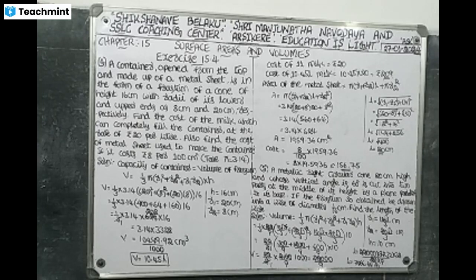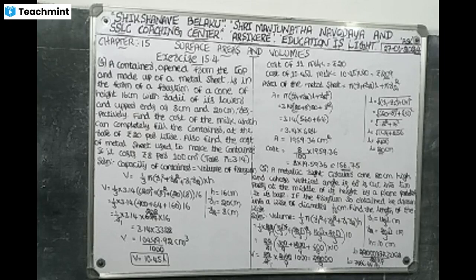Next, 1 by 3 into 3.14, bracket 20 square 400 plus 8 square 64 plus 160, into 16. Next, 1 by 3 into 3.14 into 400 plus 64 plus 160, that is 624, into 16. 3 ones are 3, 3 twos are 6, 3 eights are 24, 208. So 3.14 into 208 into 16, that is 3328. Then multiply